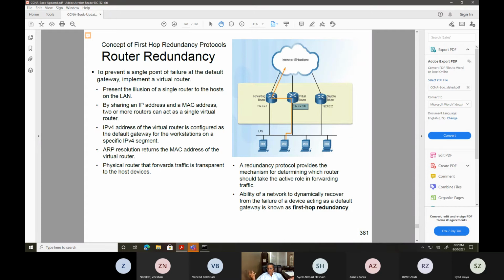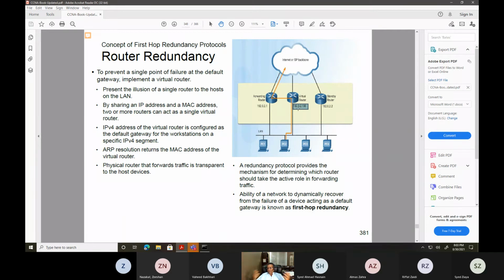The reason this was introduced, because if PC1, PC2, 3, and 4 all are going to this router, what if this router crashes? What happens? Their default gateway is done. Their default gateway is down, right? Nothing can happen then. So that's why a new technology was introduced, HSRP, so that even though this router goes down, you need to configure an IP address on both the routers for this one.